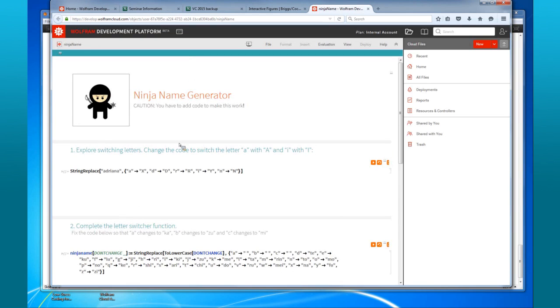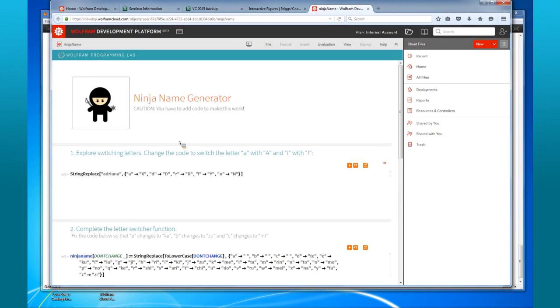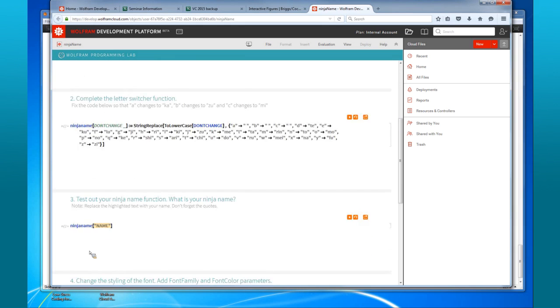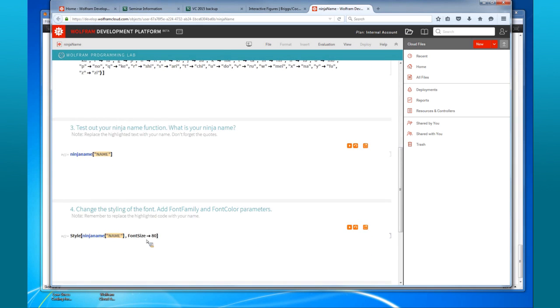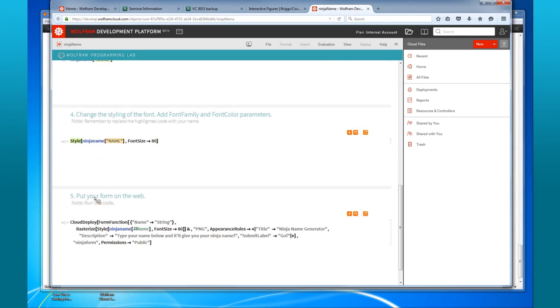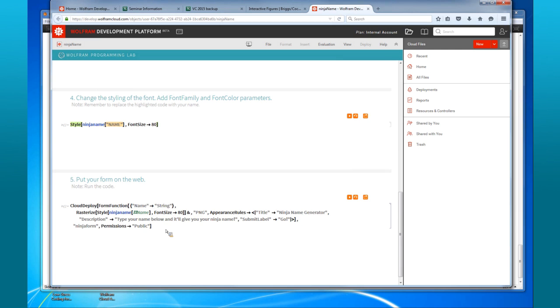So this is what they basically were working on, and I'll go back to my code here in a second, but this is the Ninja name generator. And so we've created a sequence of steps that walks the students through. They have to change pieces here and there, but eventually it gives them their Ninja name. So we create this Ninja name function. There are different ways to style it. They try it out. We talk about adding font color, font size, font family, and then they actually create their